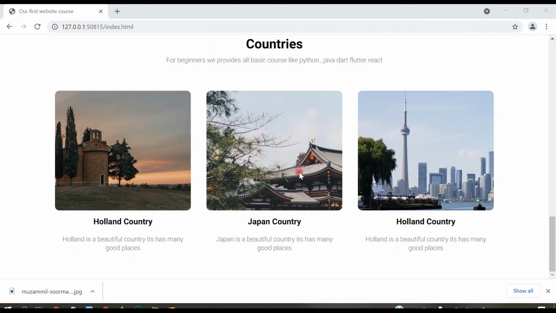Now next thing is, let's style this paragraph and heading a little bit also, so that it will look good.